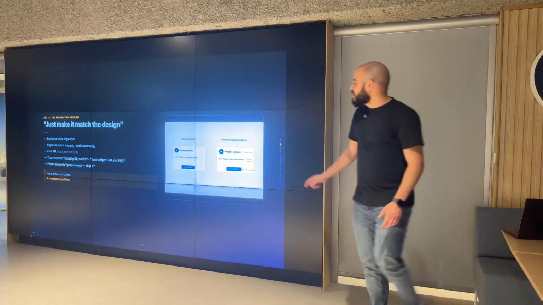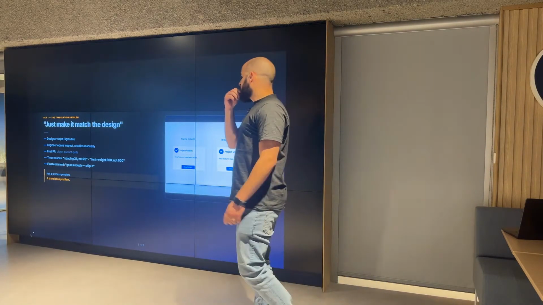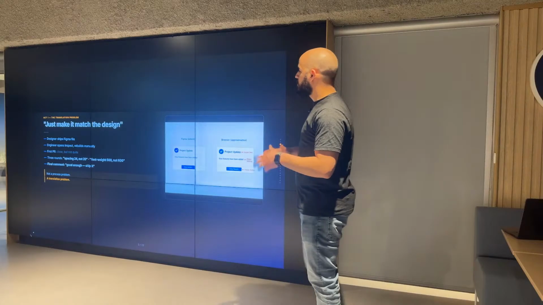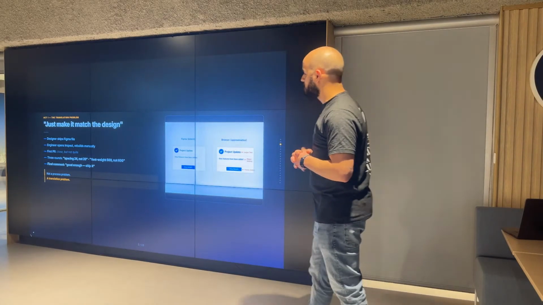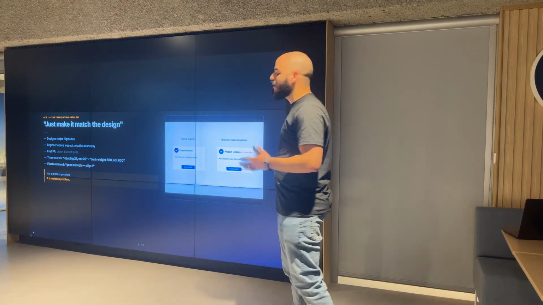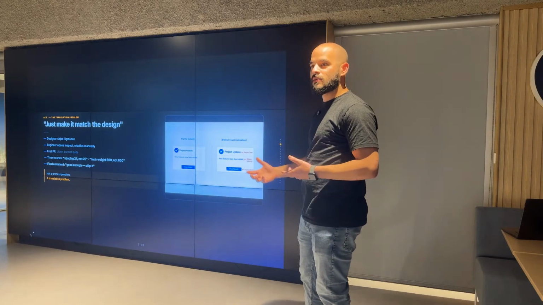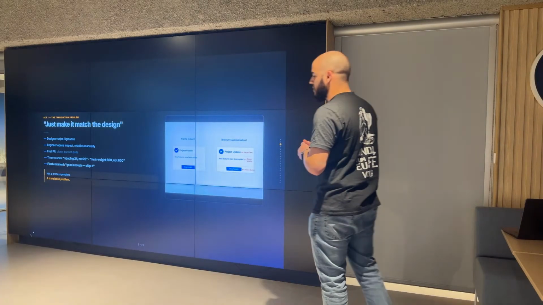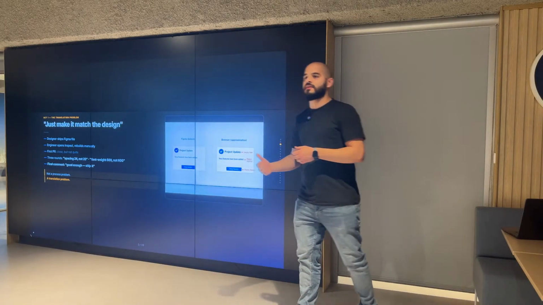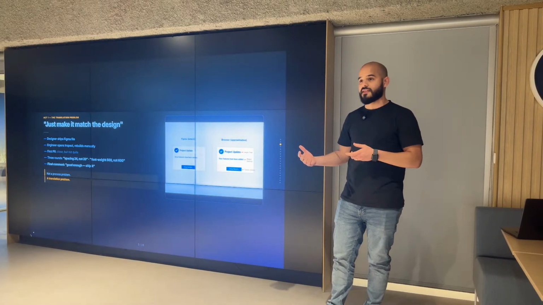Okay. So just to give a brief idea of what came to my mind when I started thinking about how AI can improve the relationships in our teams. I thought about our relationship between the development and design teams, right?